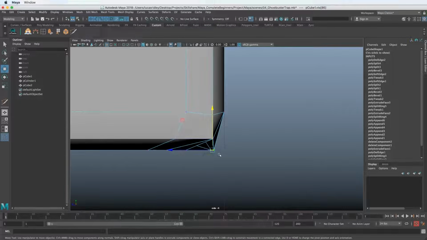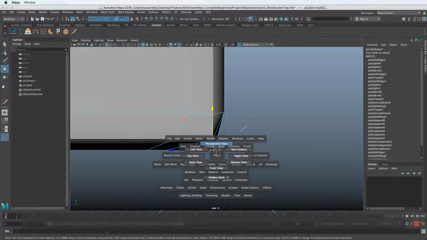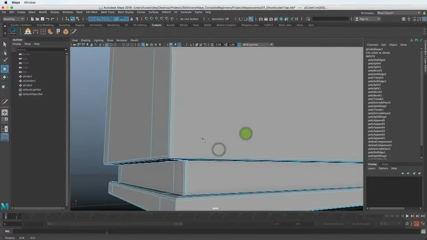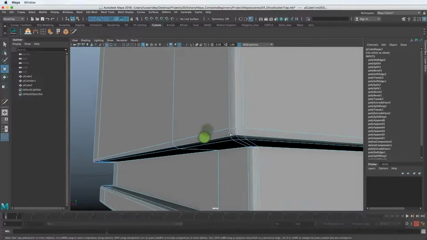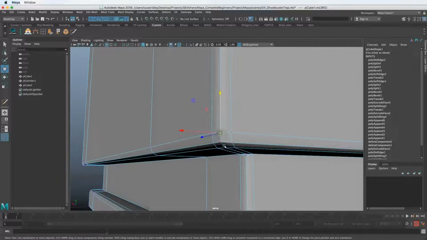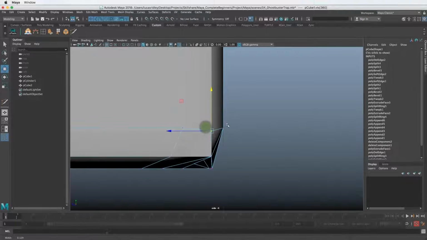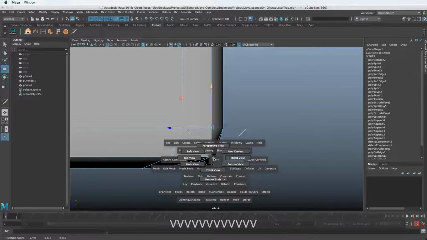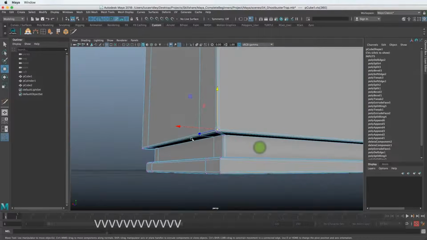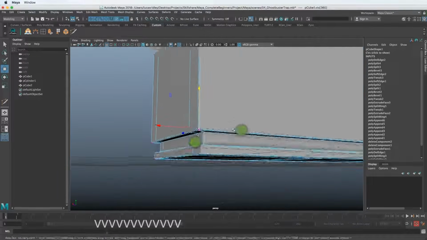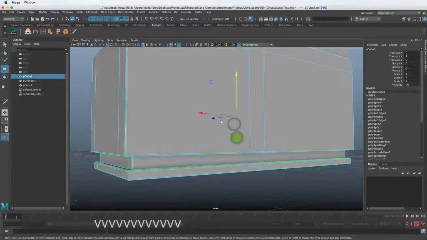We can see the ones down here also need to be fixed. I'm going to leave that for now and let you fix that if you'd like, but that's how you fix intersections like that. It looks like that one needs to be fixed as well. So I'm just holding down spacebar and clicking in the center to get to the right camera, and holding down V to drag that to the right spot. And then going back to perspective by holding down spacebar, clicking and dragging. So that's how we fix intersections like that when something like that occurs.